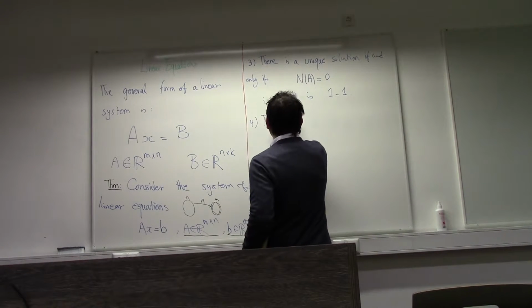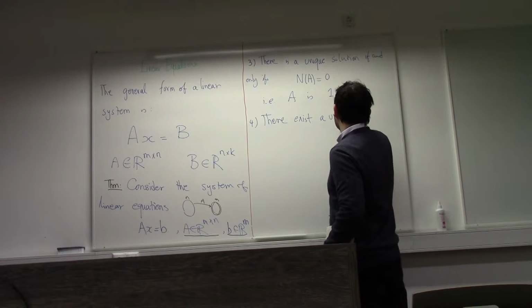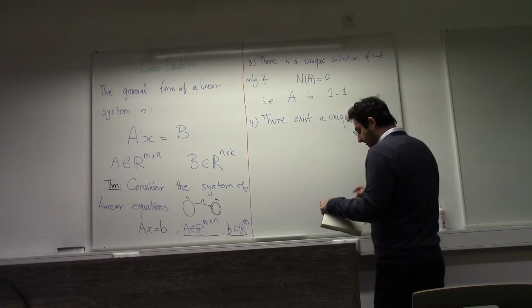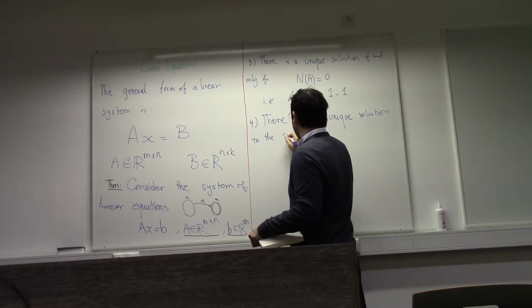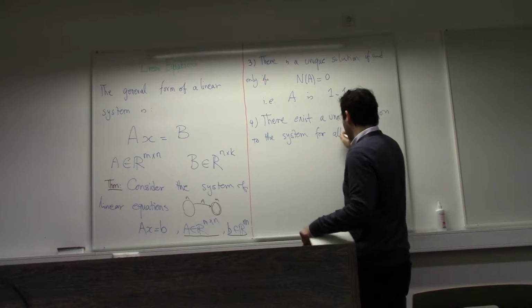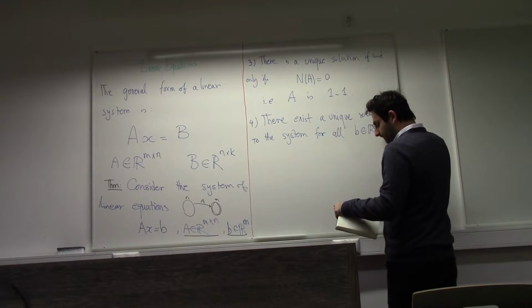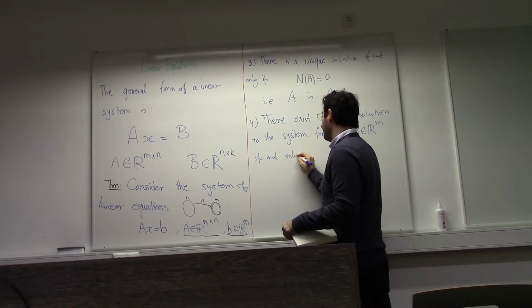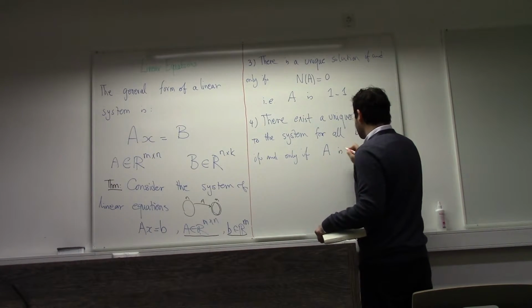There exists a unique solution to the system for all b belonging to R^m if and only if A is